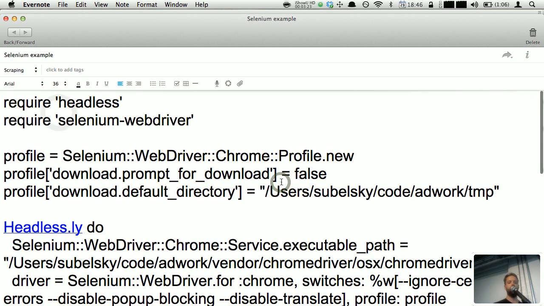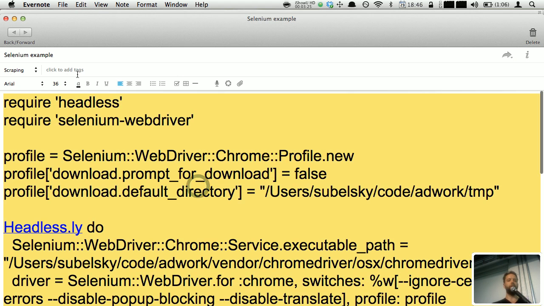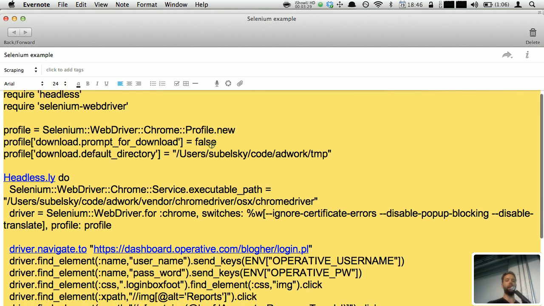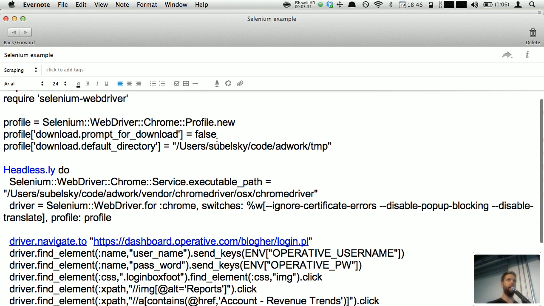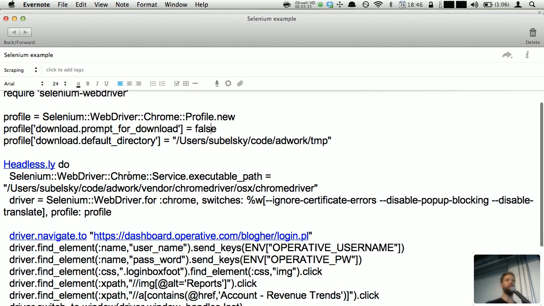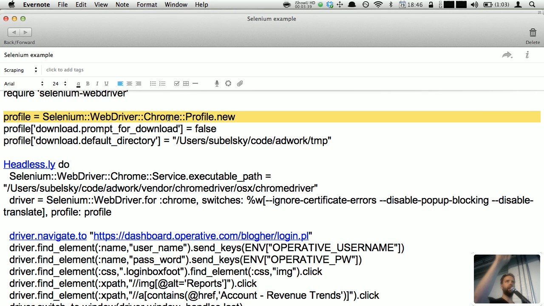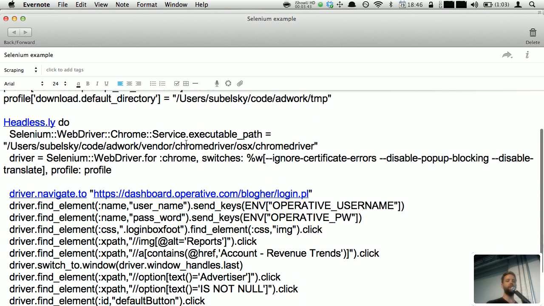All right. What Selenium gives you is a browser. It gives you remote control of a real browser. If you were to run this, I don't have all the dependencies set up properly on this machine, but it actually would start up Chrome, and you would see the mouse clicking on different buttons and following these actions. As you can see here,